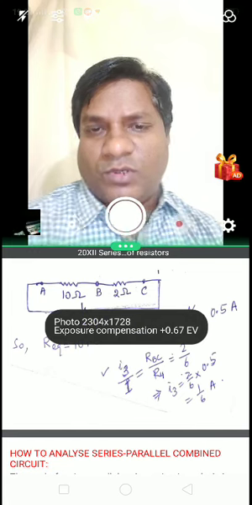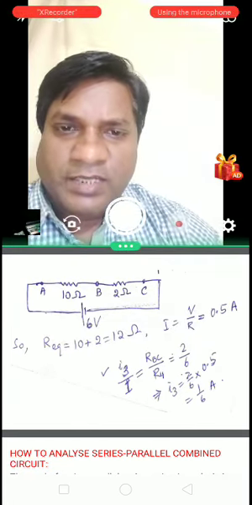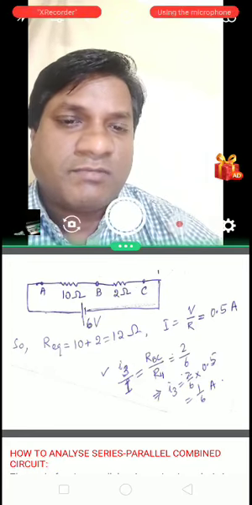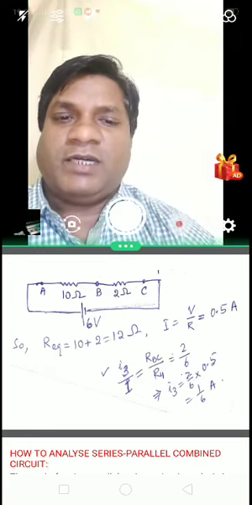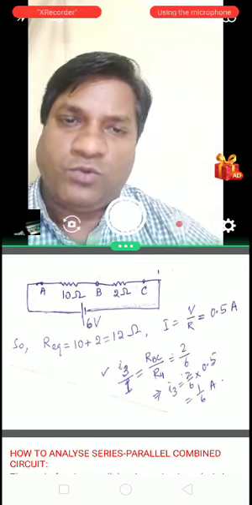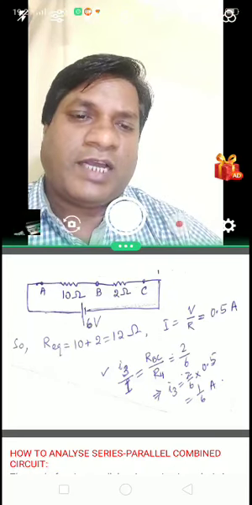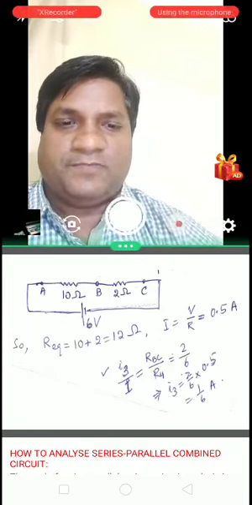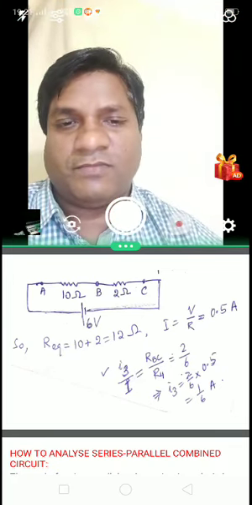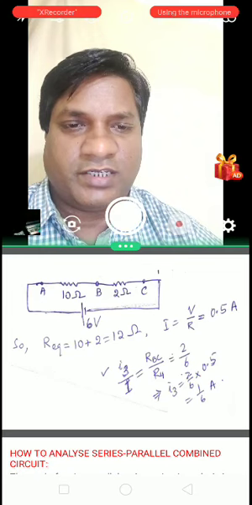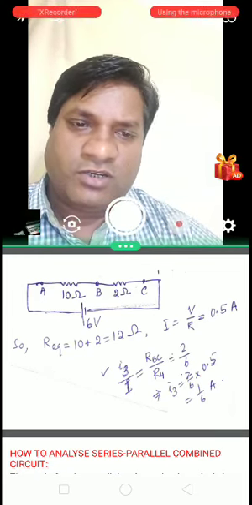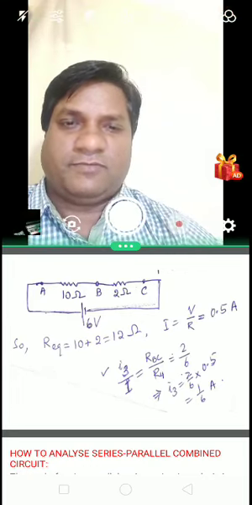So look here, I have done it for you. I3 by I is equal to total resistance between B and C divided by the resistance 6 ohm. Now the total resistance between B and C is 2 ohm. So I3 upon I is equal to 2 by 6. So I3 is equal to 2 by 6 into 0.5 ampere, which is the total current. So the current through the 6 ohm resistor comes to be 1 by 6 ampere.